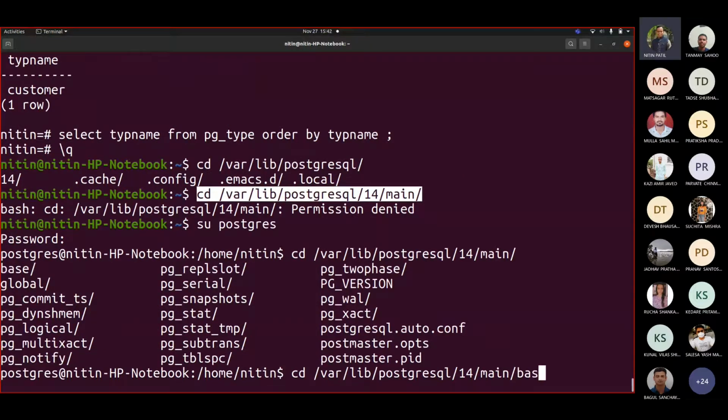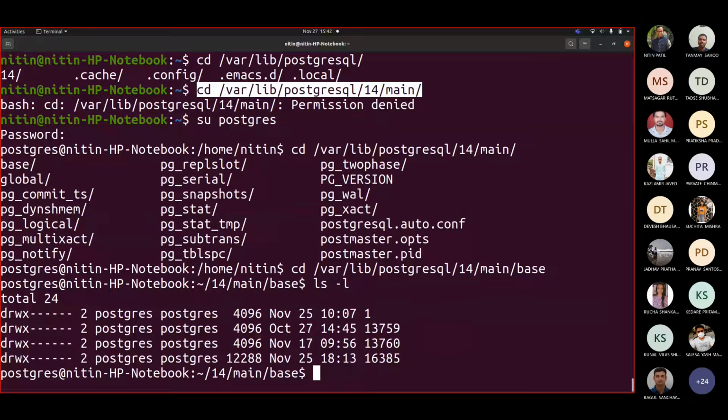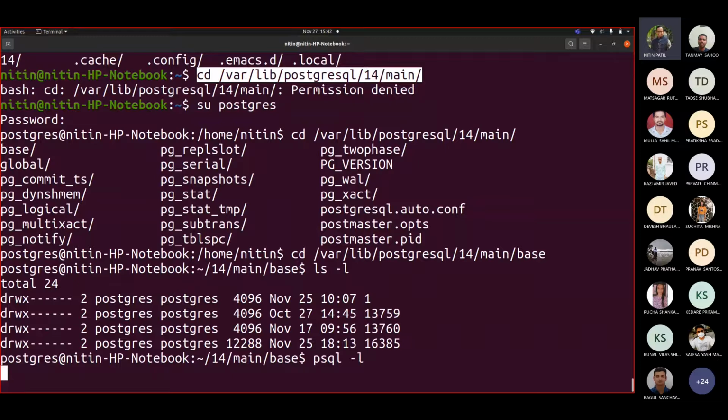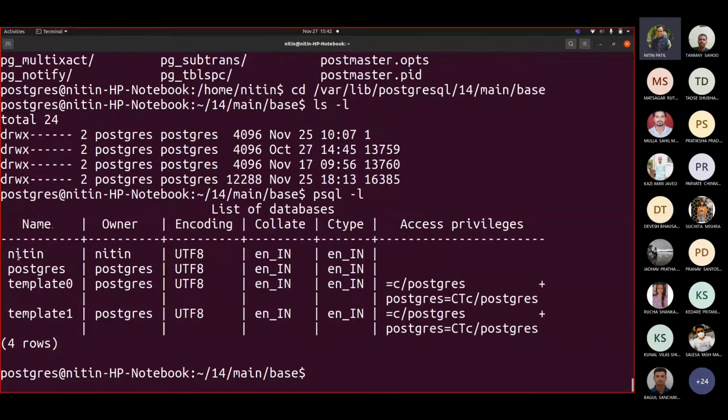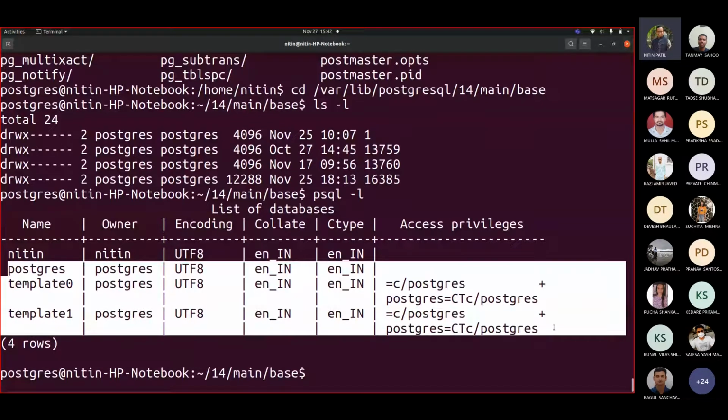Now if I type base, we will see that apart from your regular databases, the ones which are created by you, there are three which are created by it, and we understood why they are there: template0, postgres, template1. And we even have seen the importance of each of them in the session.